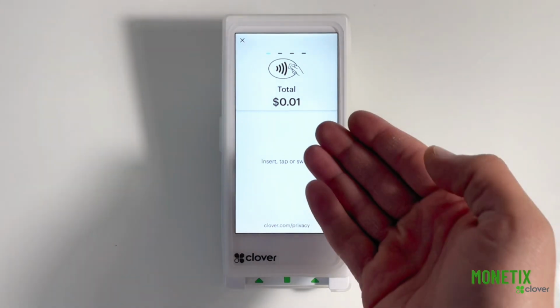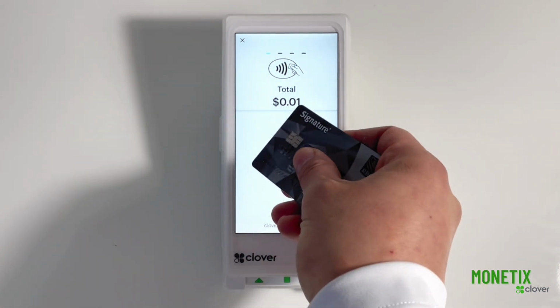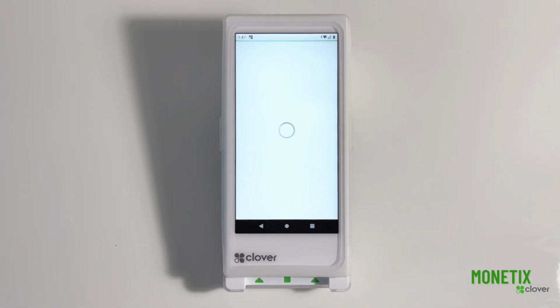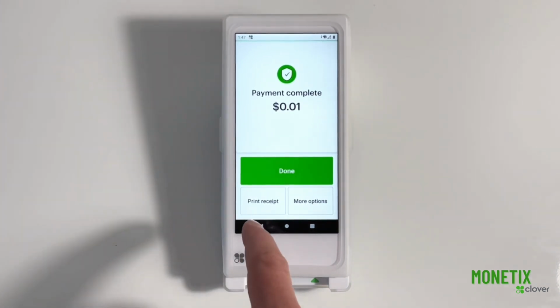So they can either tap on the screen, insert the card at the bottom, or swipe it right here. So in this example, I'm gonna tap the card. And as you can see, the transaction is completed. And then it's going to ask the customer if they want a receipt. So if I just want to print the receipt,